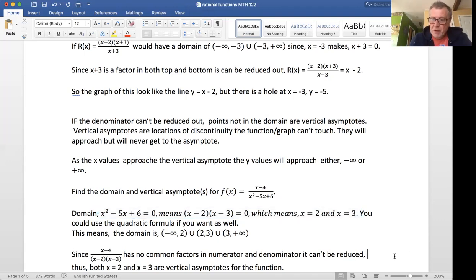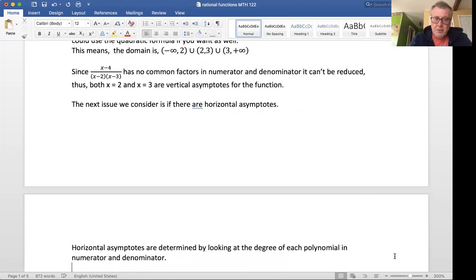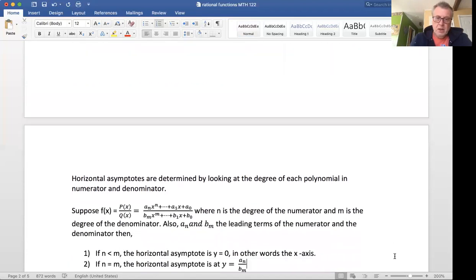Since there are no common factors in the numerator and denominator, we can't reduce. So that means there's a vertical asymptote at x equals 2 and x equals 3, where those two values are not in the domain and you can't cancel them out or factor and reduce them out. Let's take a look at